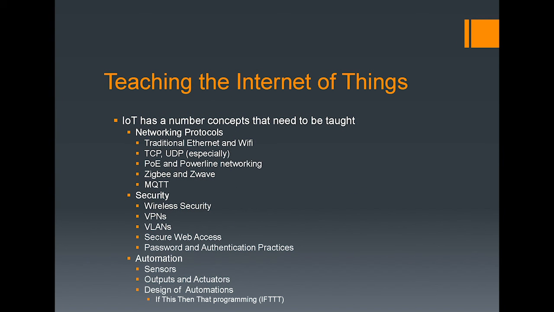So again, there's a number of concepts. There's a big list here, sort of an eye chart, but a number of things that need to be taught when you're talking about the Internet of Things. There's all of the typical networking things, the traditional Ethernet and Wi-Fi, the popular protocols like TCP and UDP, especially UDP. That's used a lot in IoT. Power over Ethernet, power line networking,